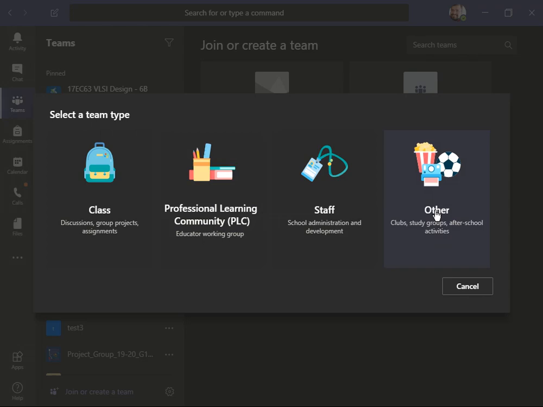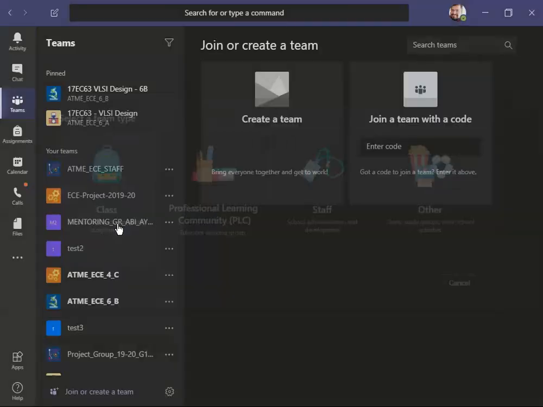So this segregation is actually done to allow us to select how the groups are actually responding. Class groups have separate options for teachers and students. Professional learning groups are usually composed of only teachers, so the permissions are slightly different there. Staff group also is the same, whereas in the other kind of groups you can give permissions to students also. Now for this entire thing we are going to stick to class groups,